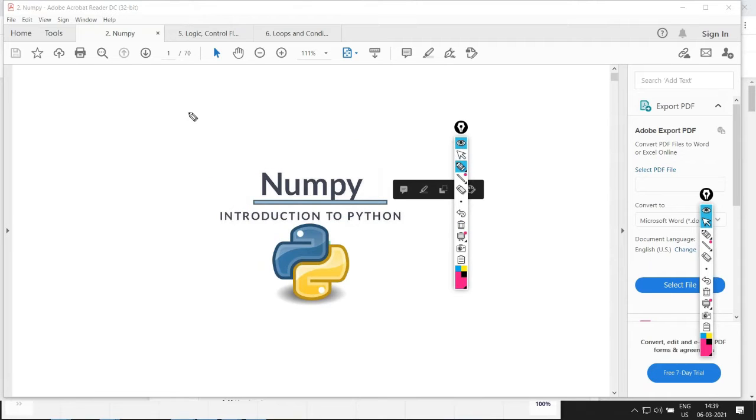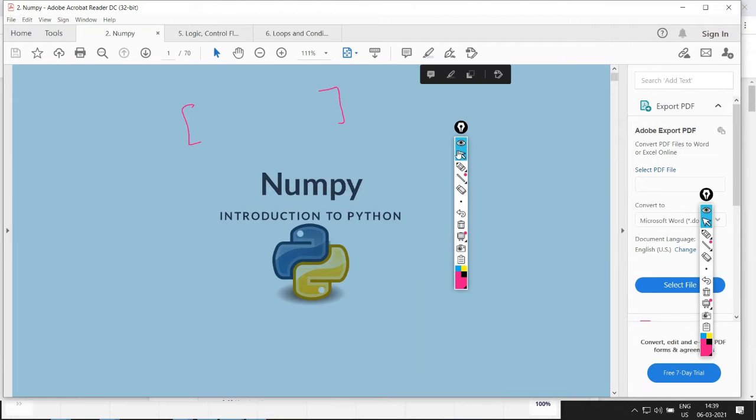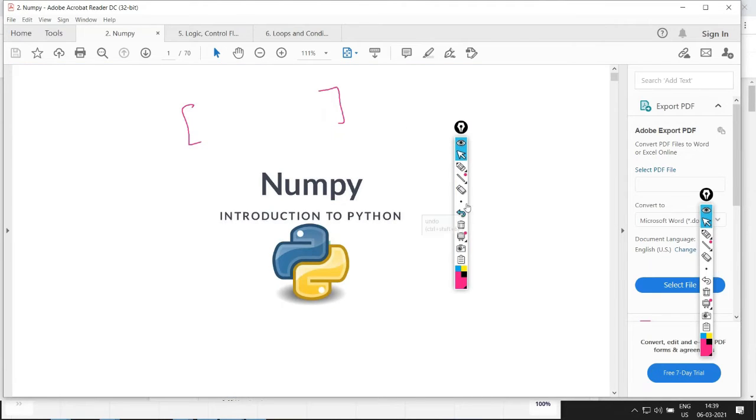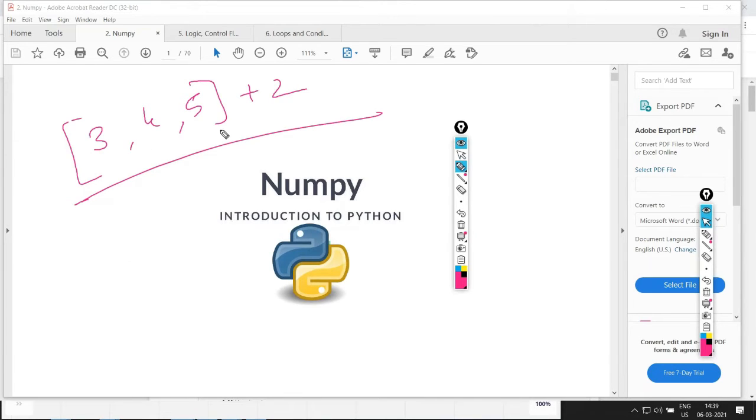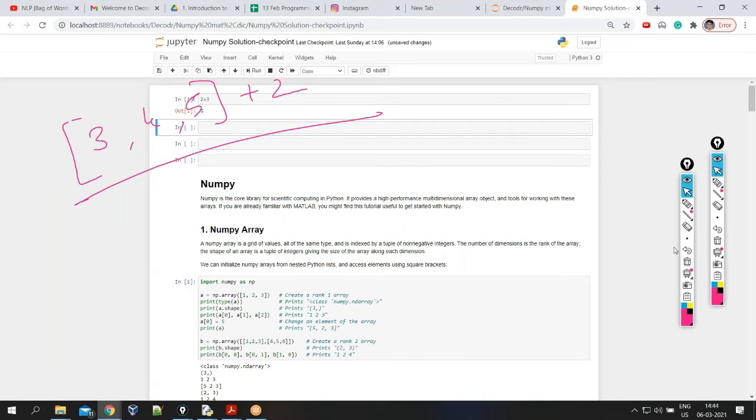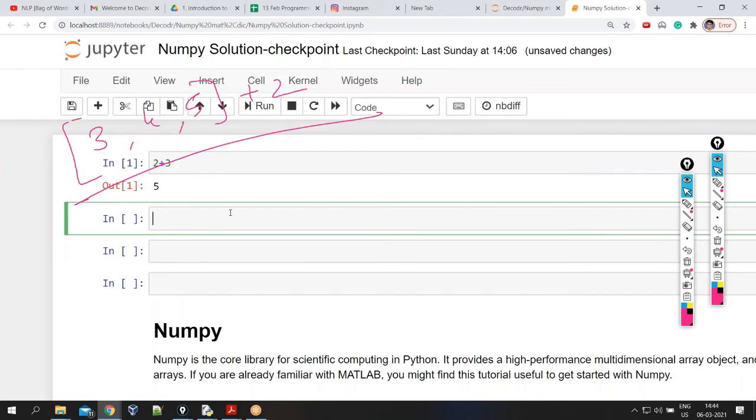Now it is the same as a list, but in some cases it differs from a list. We will be seeing such cases where it is different from a list. Before moving on, let me ask you some questions. For example, if I do [3, 4, 5] and add 2 to it, what would be the output of this command? Okay, great. Let's see the answer now and the solution for what I'm trying to explain. Yes, that is simple.